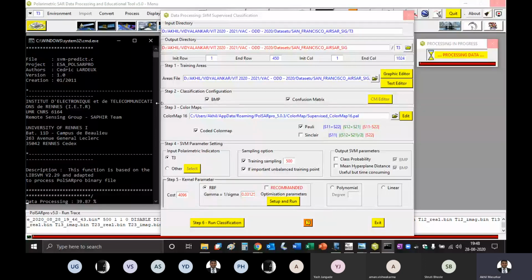Utkarsh, have you selected training sample as 500 and ticked the option to balance training points? Okay. Then have you optimized the kernel parameter? Okay. And then you have run classification and your command window is not opening. Is it already opened when you did it for the first time?